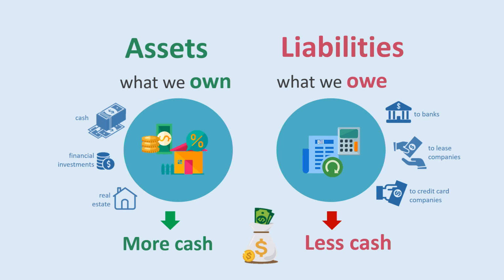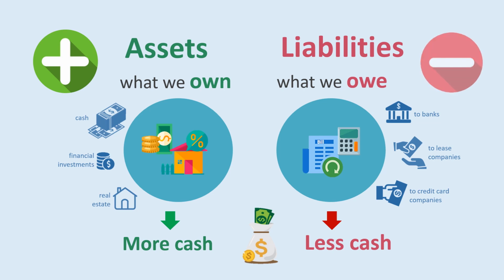Easy, right? And our first straightforward assumption here is that it makes sense to assume that assets have a positive value because they can be converted into cash, which is a positive thing, and liabilities have negative value because we need to spend our cash in order to repay them, which is obviously a negative thing. Let's just confirm our understanding of such a basic concept with a very simple example from personal finances.